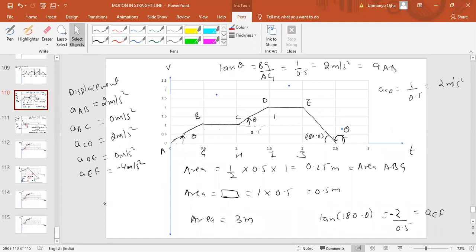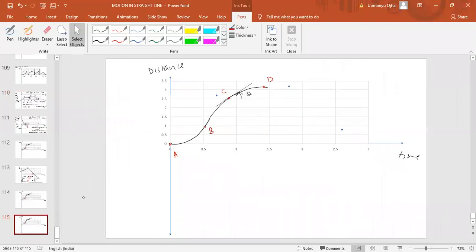Rest means, see, if you have to represent an A-T graph, acceleration versus time, for a body at rest, it will be what? Zero acceleration. Just wait. Okay. If I say this is the acceleration versus time graph, this is A versus T. Body at rest means the acceleration will be zero. So draw the straight line like this. This is zero acceleration. That is as simple. Okay, fine.